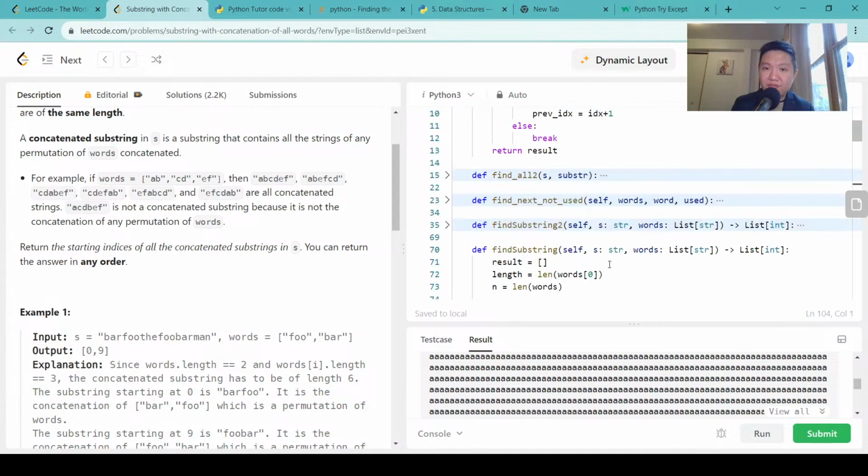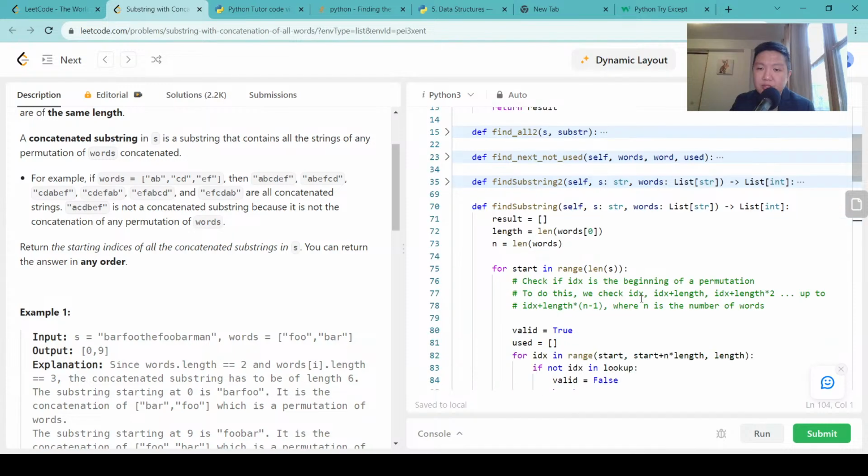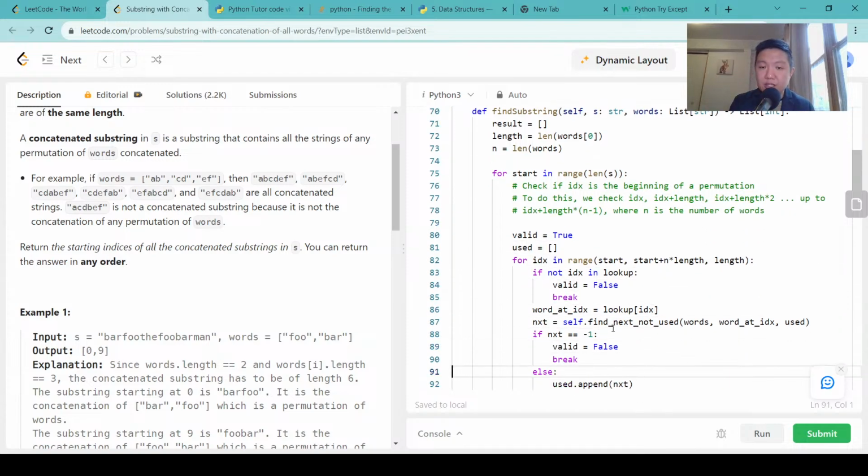And then this find next not used is going to get a little bit slow. So let's get rid of the find next not used. Let's instead go with